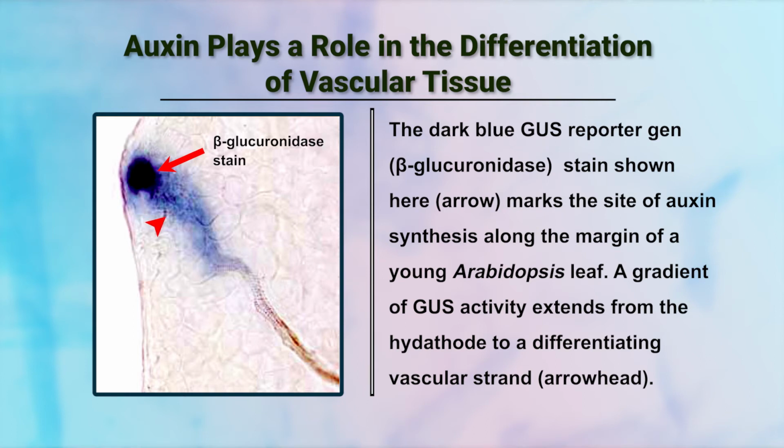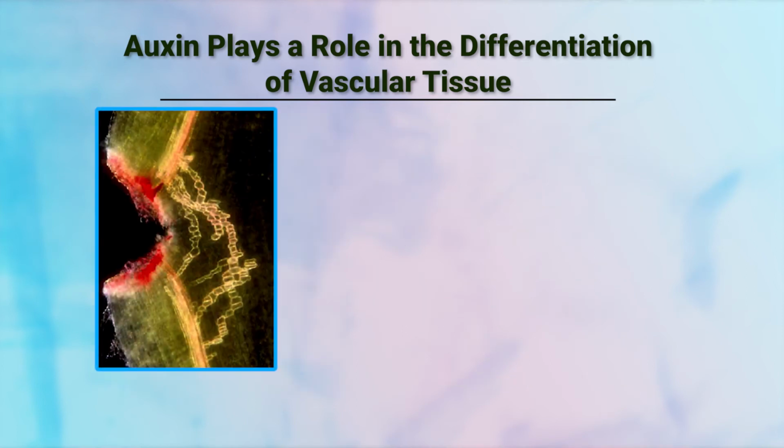Now, if we follow the movement of the blue color, we can see that auxin is reaching a differentiating and developing vascular strand. Consequently, auxin must be responsible for the development and differentiation of vascular tissue. In this experiment, using a 7-day-old young internode of cucumber, a wound is generated